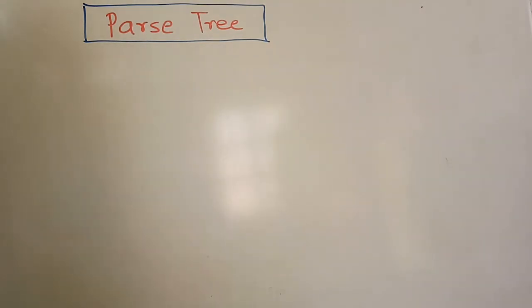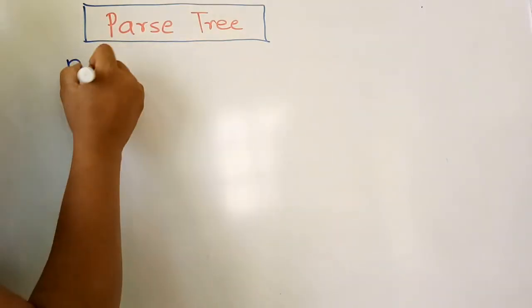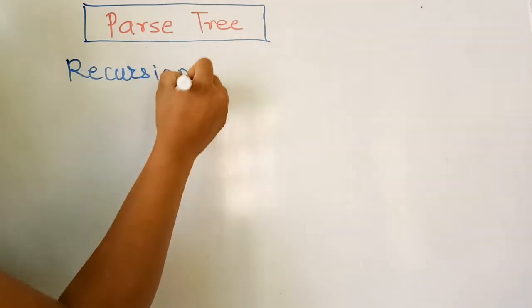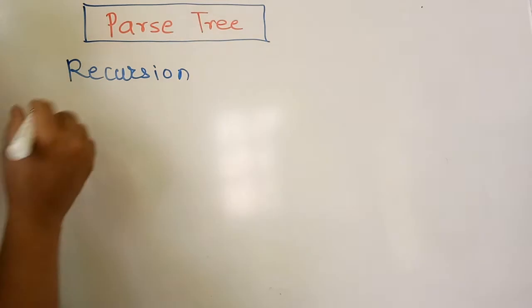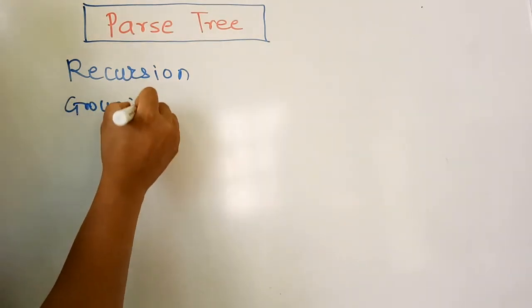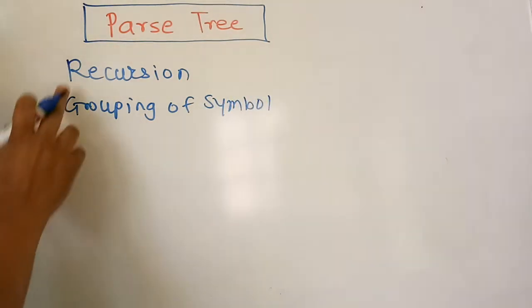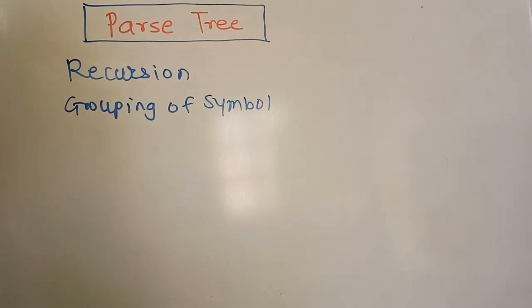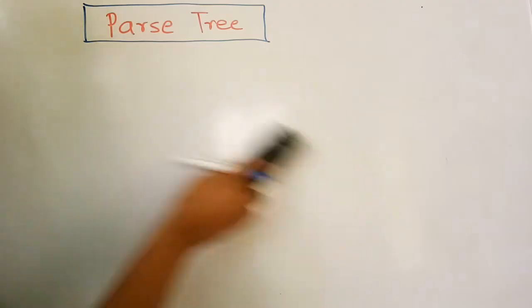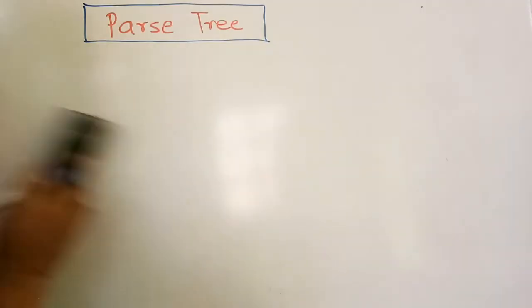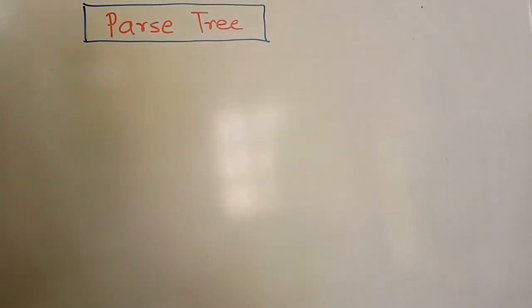So, parse tree representation gives us the better understanding of which things. First of all, it will give us the idea of the recursion, and second is grouping of symbols. So these are the two advantages of using a parse tree. But we have to consider some rules while designing this parse tree, and that are, first of all, you have to compulsorily